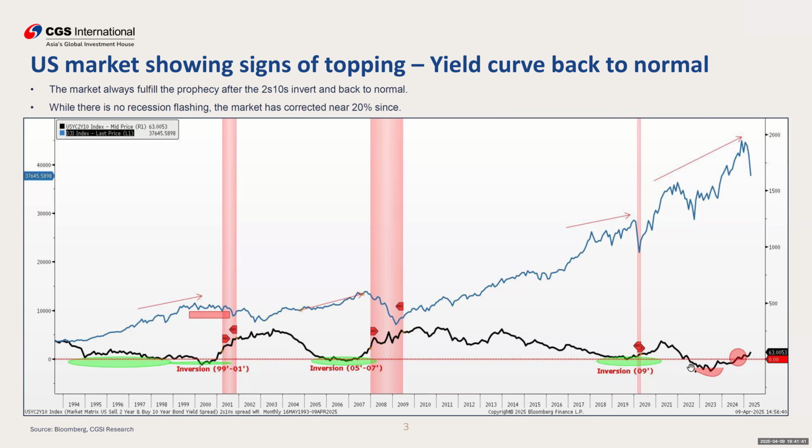Okay. All right, so inversion, and then after that, market came up. But if you can look at that, normally when the inversion happens, market usually trends. When does the market actually have a very sharp fall? It is during the period where it accelerated, goes back to normal, where the 2-year, 10-year spread goes back to normal, and then that's where the market goes back. Due to time limitation, I do not have the time to explain why it does that, but it's due to all the fund flows.